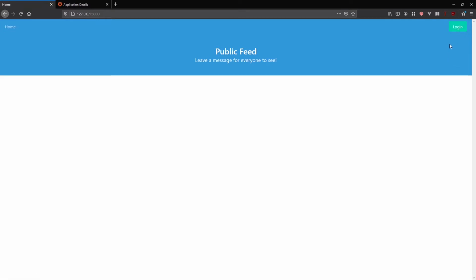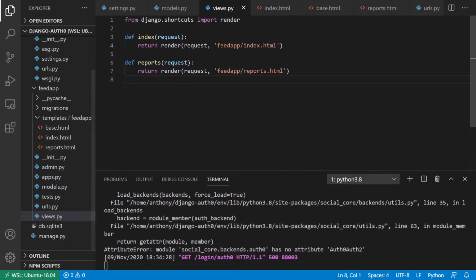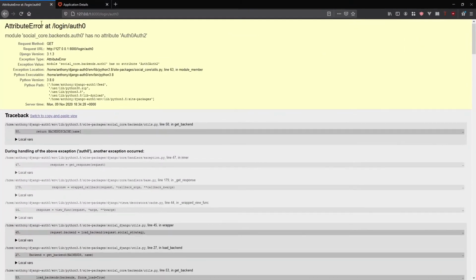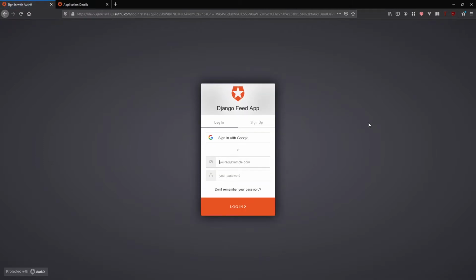So this should take me to Auth0. So let's click the link. And this error here is very minor. I'm just missing an O in OAuth. So the 0 and the O are confusing next to each other. So this should be auth0 OAuth2. So I'll just save that and I'll go back and let's try login again. And now it takes me to an Auth0 login page and we see Django Feed app here